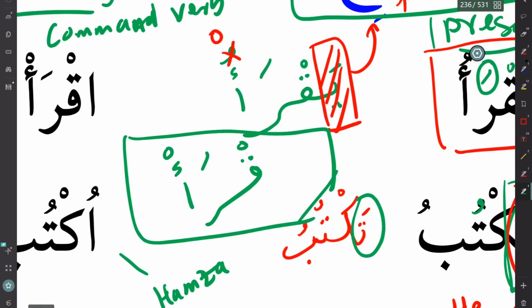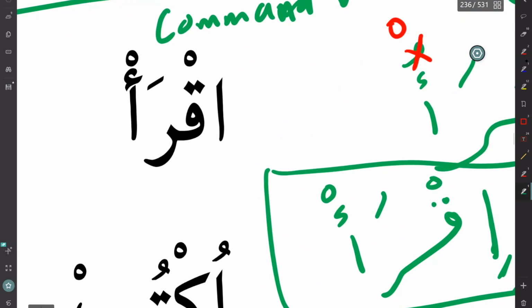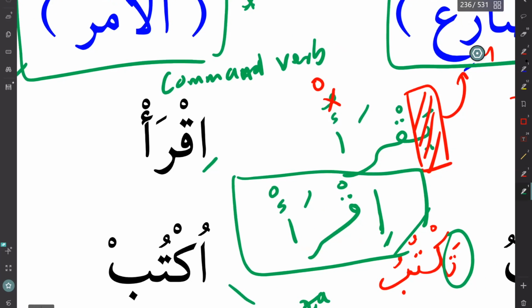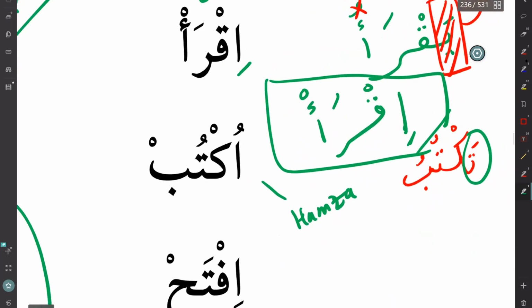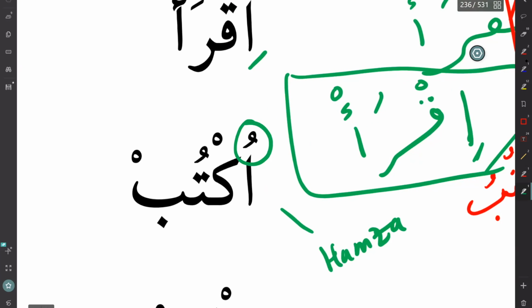So now we bring the hamzatul wasl, and by default we usually put a kasra on the hamzatul wasl. So we say ikra, because just having hamzatul wasl is still not helping us, we need to put the haraka. That is the whole purpose, right? So we are bringing the hamzatul wasl and giving it a haraka with kasra. That is the default, right? So we say ikra. Now this is how we get this form ikra. You understand? So now you might be wondering,